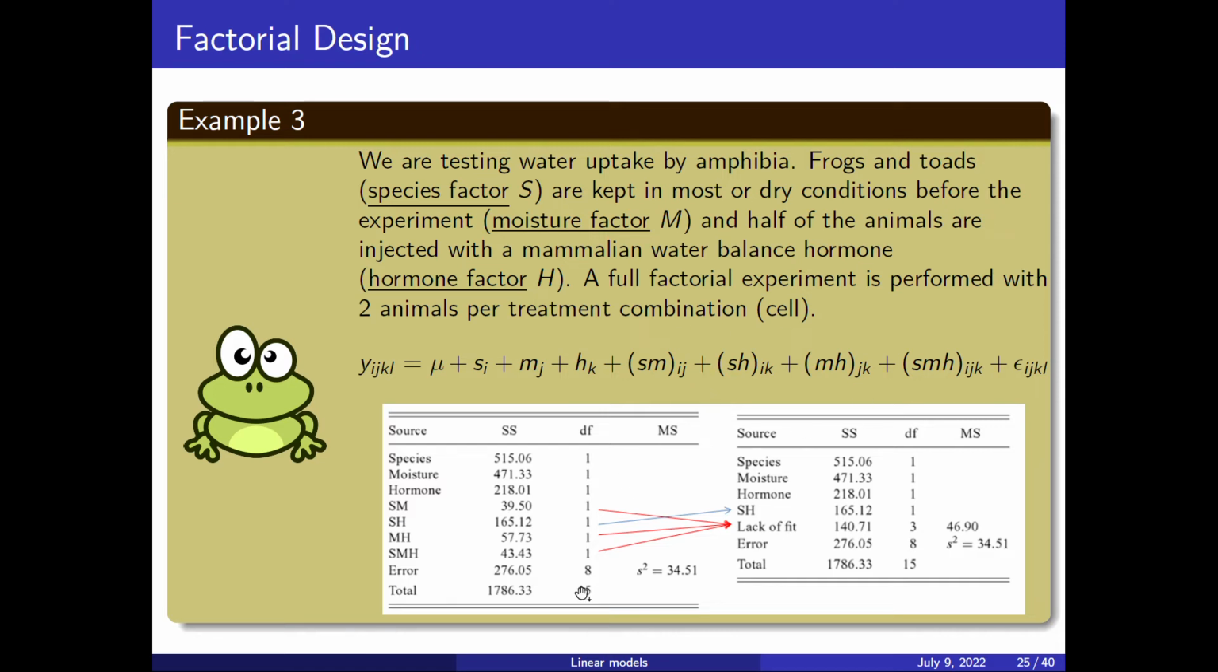So in total, we have 15 degrees of freedom, and we have to spend 1 degree of freedom for the species, another for the moisture, another for the hormone, and for the interactions it is 1 times 1, 1 times 1 all the time. So we have 1 degree of freedom for each of these interactions, and if you count, we have 7 degrees of freedom for the main effects and the interactions, and the remaining 8